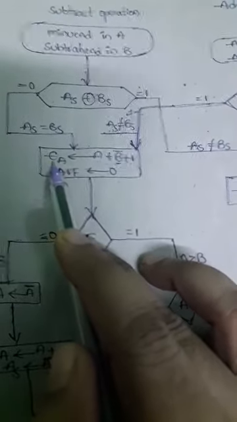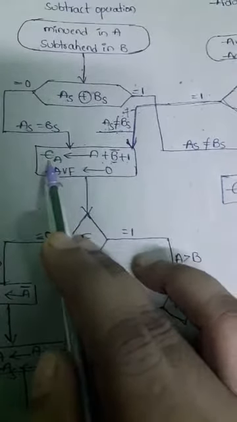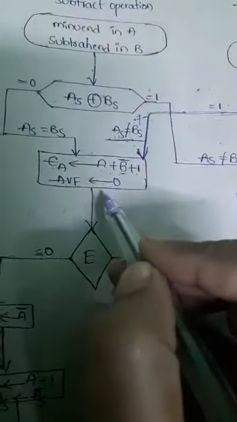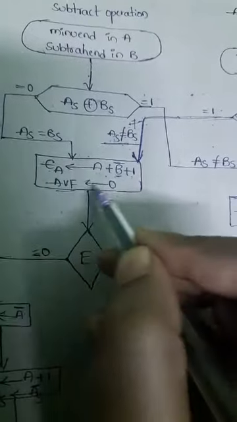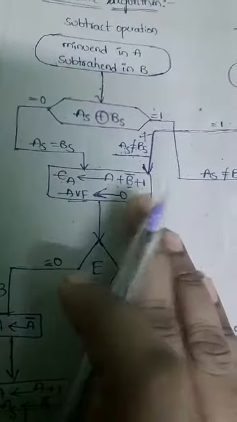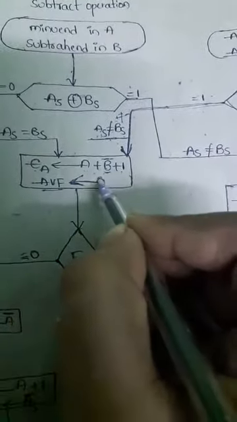So while performing the subtraction operation, we should not get any overflow and we should not get any output carries. We already know that thing. So that's why the AVF flag will be cleared to 0. We shouldn't get any carry here, because this is a subtraction operation. We shouldn't get any output carry. So that's why the AVF value will be 0.